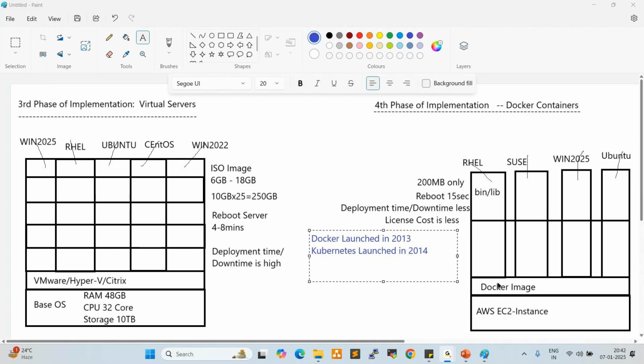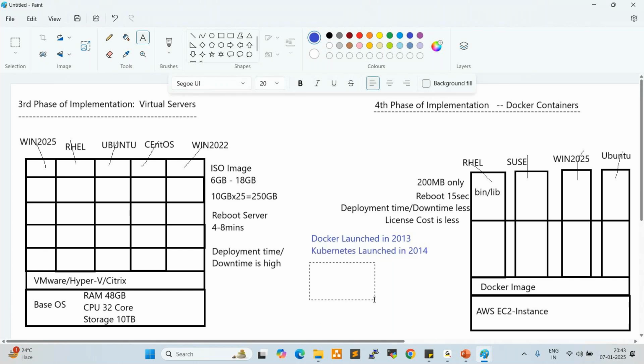In the same way, Kubernetes is an orchestration tool which controls all the target servers, right? So Docker launched in 2013. Immediately Kubernetes launched in 2014 because Kubernetes has very advanced features. Kubernetes is advanced to Docker.